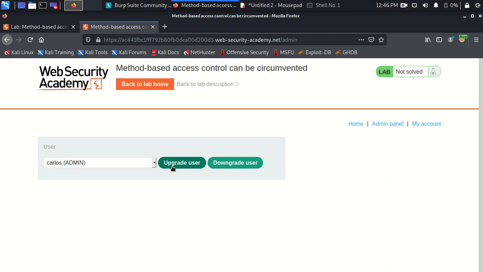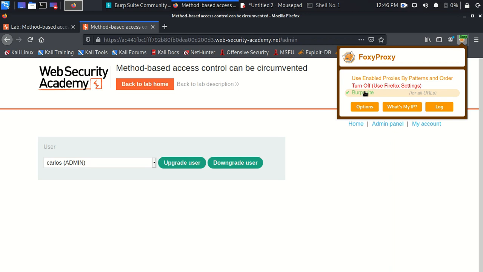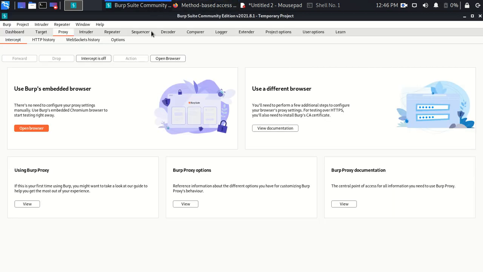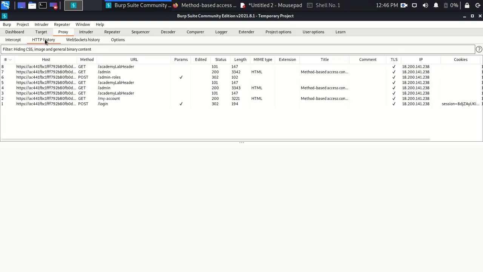Okay, great. So let's go to Burp Suite and see that request, because the lab is saying you have to upgrade yourself. So we need to see only that request.